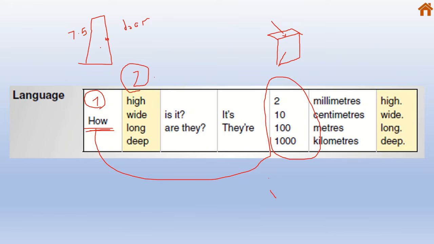How to make a question? You start with how. How? I need the adjective of the word height. How high is, because door is singular. It's not plural. It is means, or it means door. You can say how high is the door or how high is it